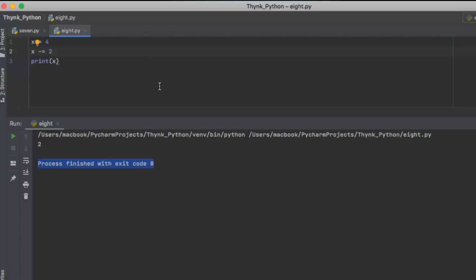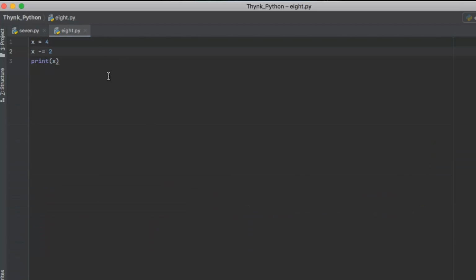So these were the basic arithmetic operators, and now is the time for your exercise. So I want all of you to take two integer numbers from the user by using the input function, accept two numbers, store them in x and y, and print their product on the screen. And should you face any problem, do let me know in the comment section down below.